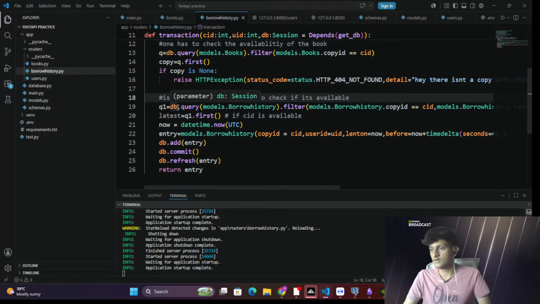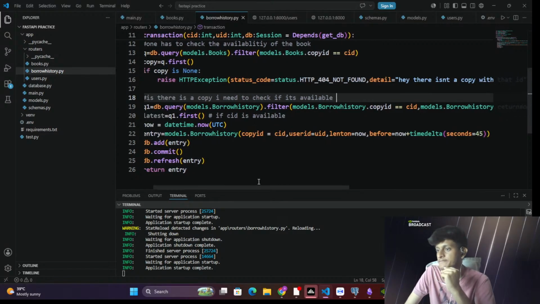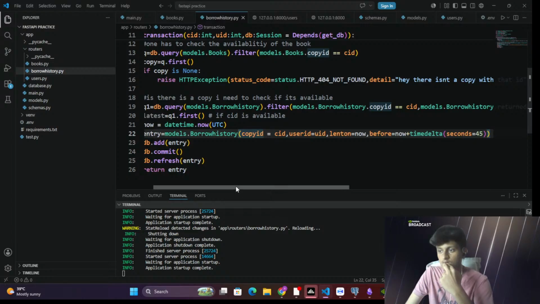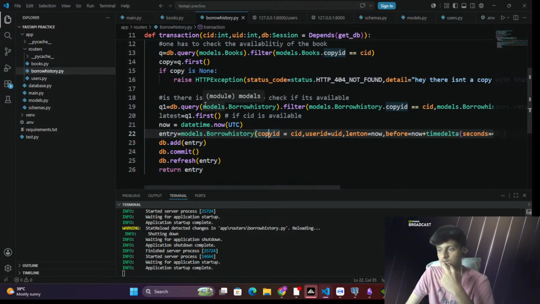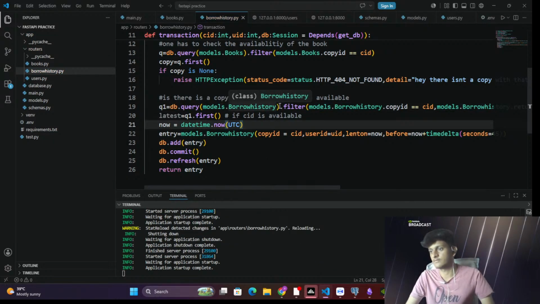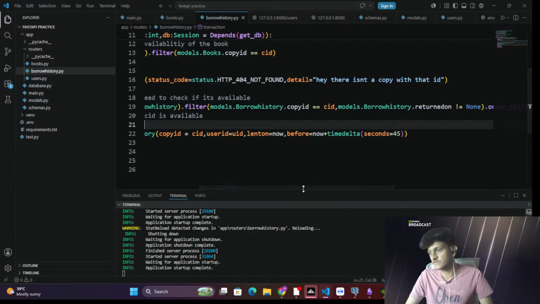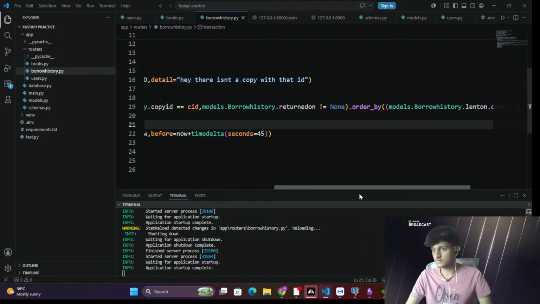That makes sense. db.query models borrow history, dot filter. So what this is doing is, it takes in the borrow history model and gets us the entries that match the copy ID, CID, that we have given, and also checks